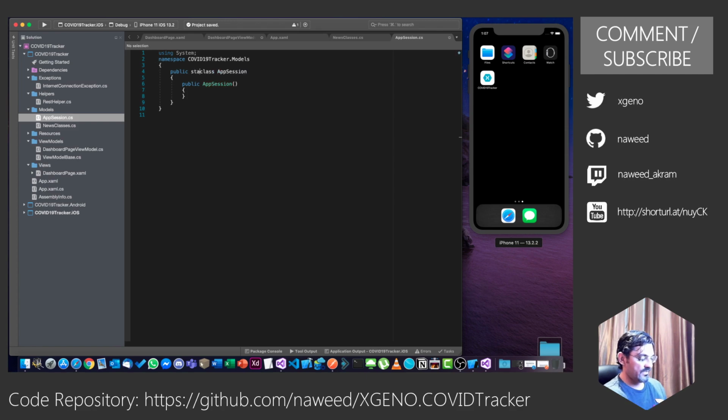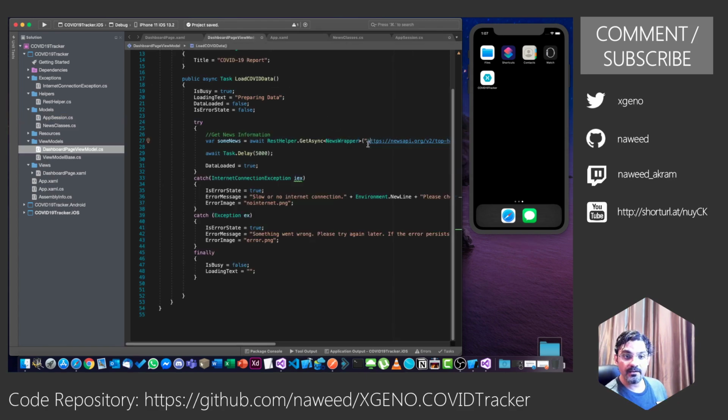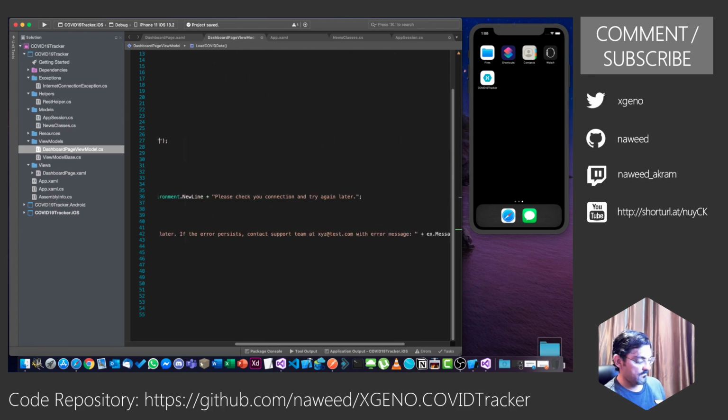So static class, and I put all my common variables over here. So I can say public static string NewsApiUrl equals to, and I can go back and copy this over here, and replace it with AppSession.NewsApiUrl.